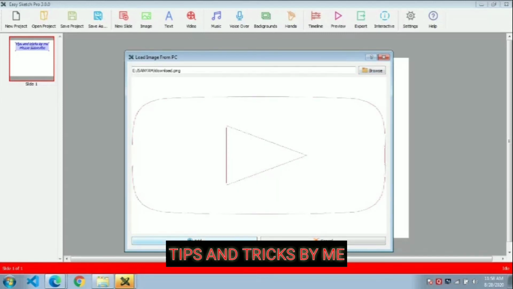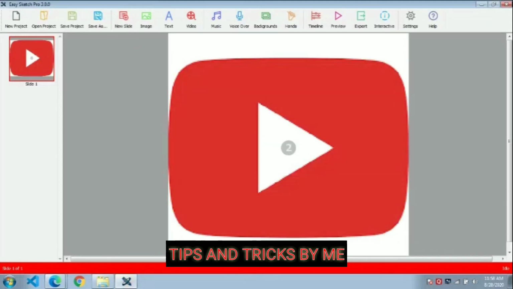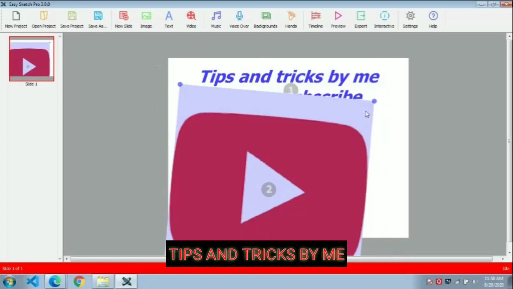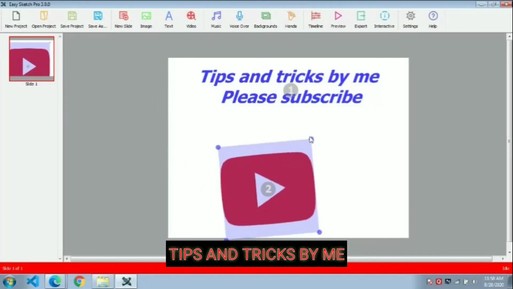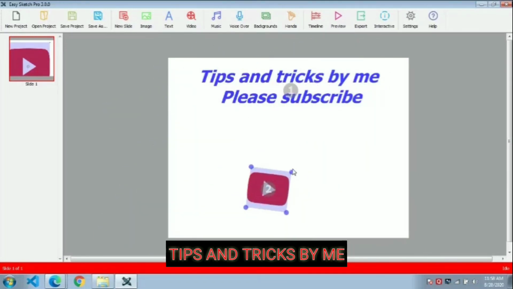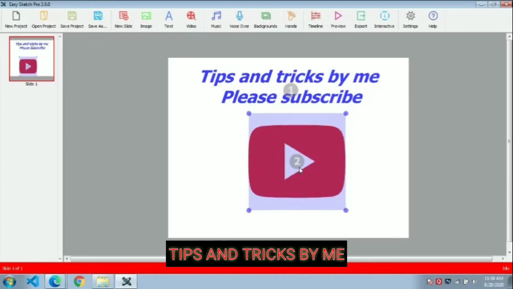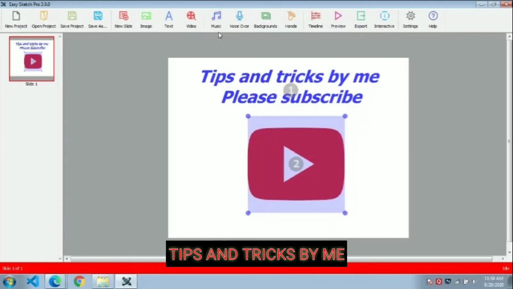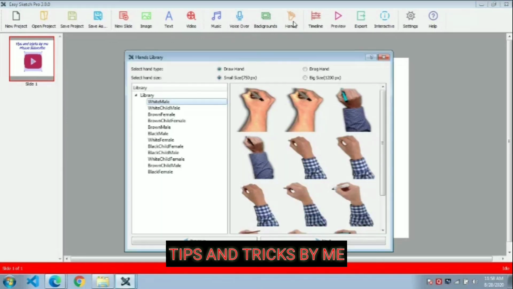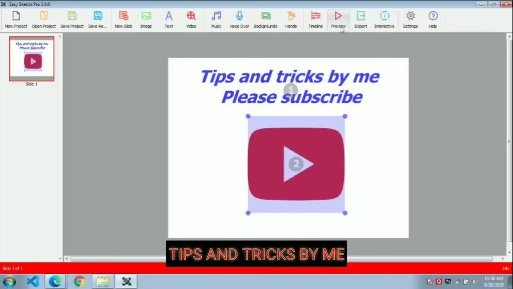As soon as you open it, don't worry, it will not be like this. They are just showing a preview. Now you can select it and even minimize, rotate, or whatever you want with the image as well. Now see, you can minimize it, maximize it, rotate it, center it, everything you can do. Now I will center the image. Then you can also have voice, background, hands. There are many hands. I will discuss everything in detail in further videos.